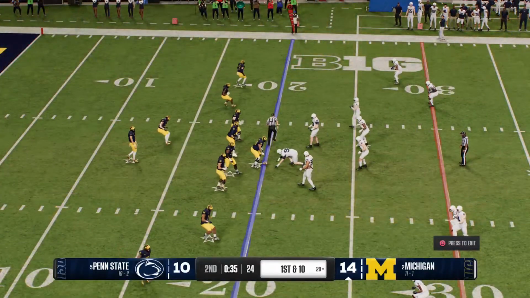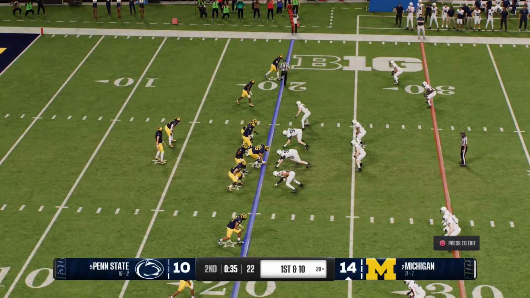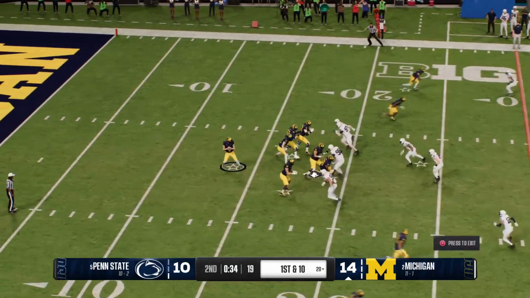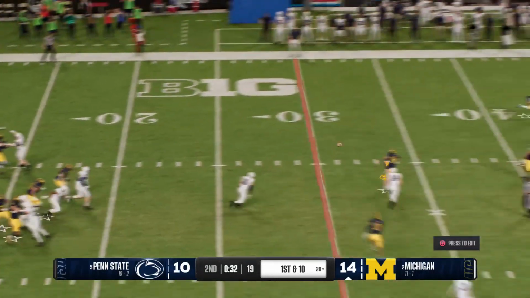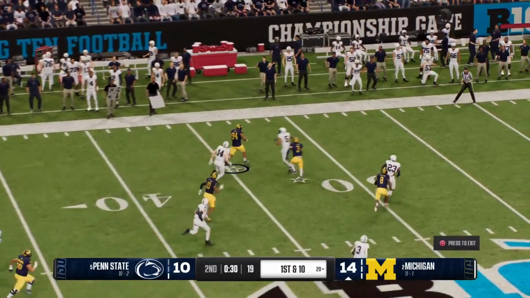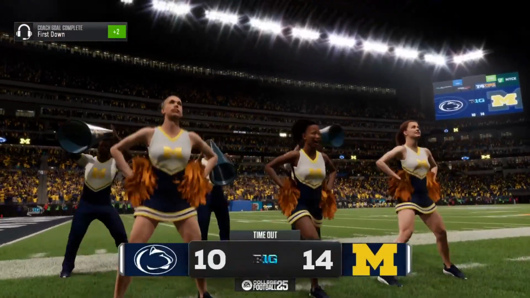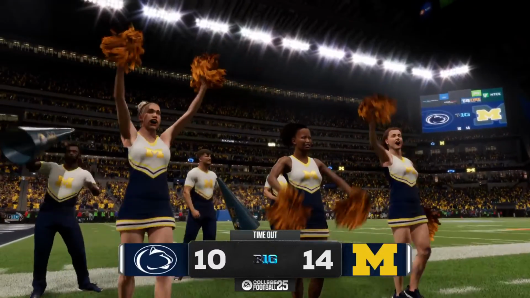And the Wolverines offense is back on the field. They've got to be pleased with their performance here in the first half. Let's see if they just play it cautious and get to the break in front. Easy throw to a wide-open receiver downfield. Tackle made quickly, but a big chunk play for this offense through the air.